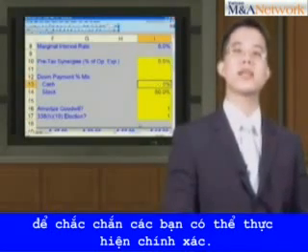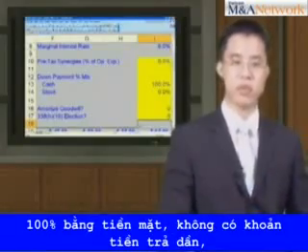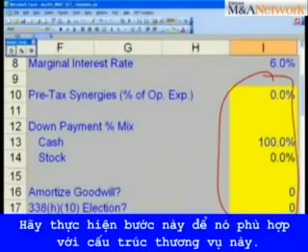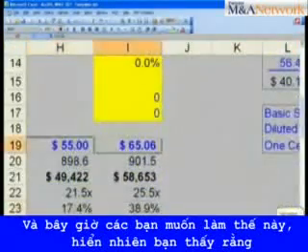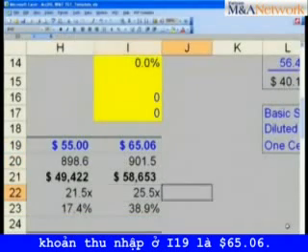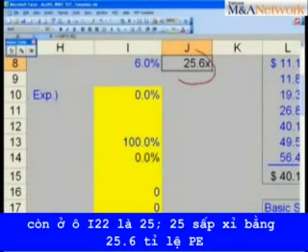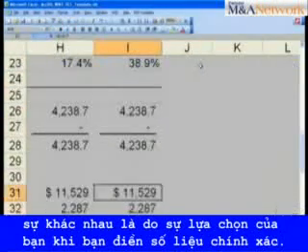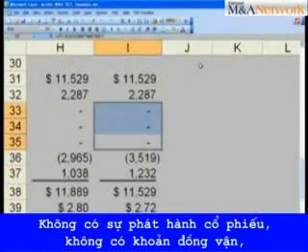Let's make it a 100% cash deal. No goodwill amortization, no 338H10 election. Please, please take the second now to match this deal structure. And now, once you do that, you will clearly see that in column I, 25.5, very close to our 25.6 PE ratio. Very close to that. The difference is due to our options. That you have exactly, by the way, no stock issued, no synergies, no goodwill, 338, all interest,